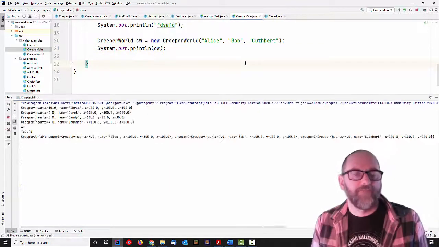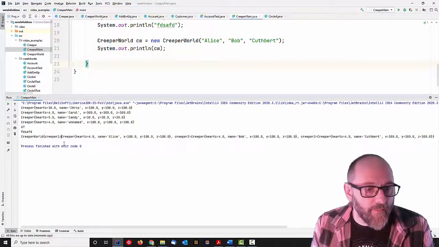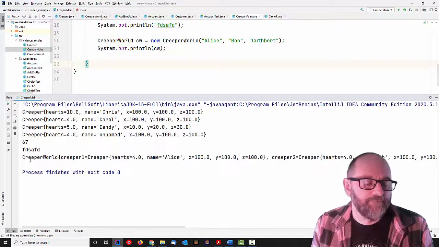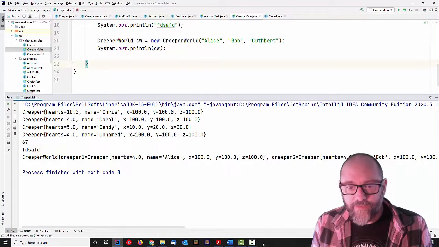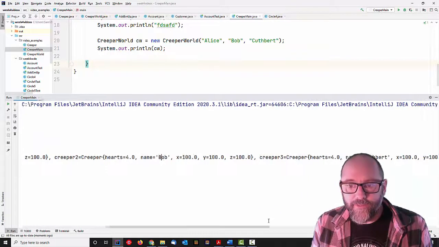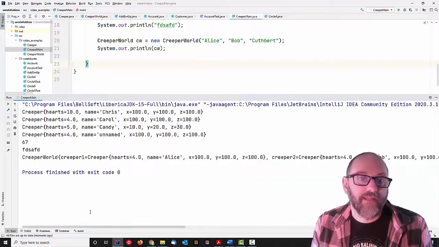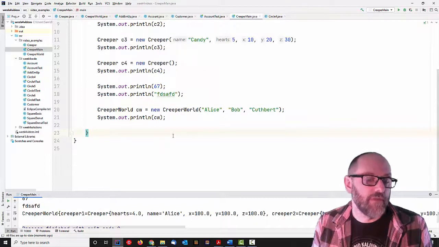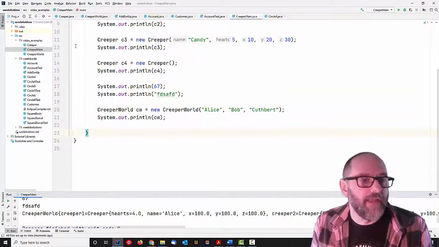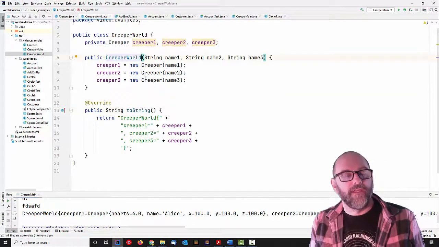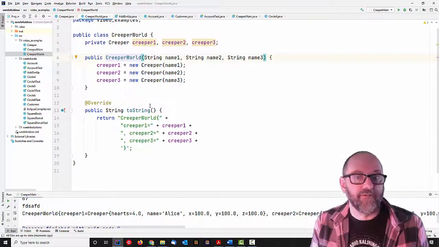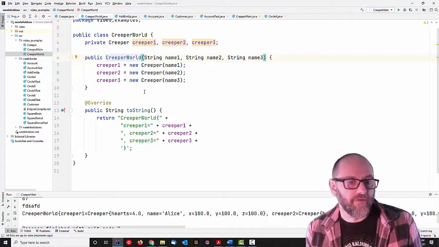Control Shift F10. So here's my creeper world. It's not the world's nicest toString, but you can see it's created 3 different creepers. One of them is named Alice, one of them is named Bob, and one of them is named Cuthbert. In this case, the creeper world truly owns its creepers because it created them in its own constructor. So maybe that gives you a clue as to one of the things that you can do about privacy